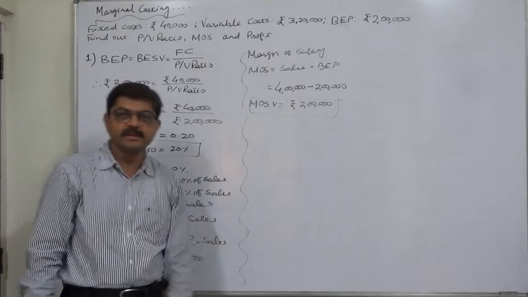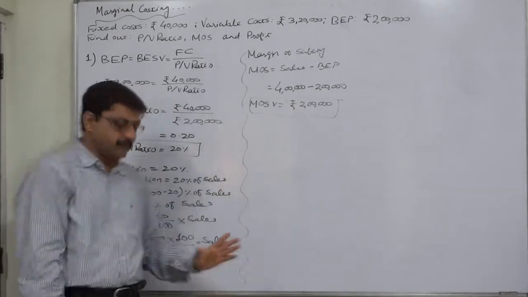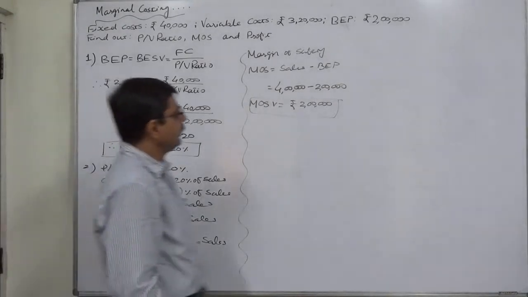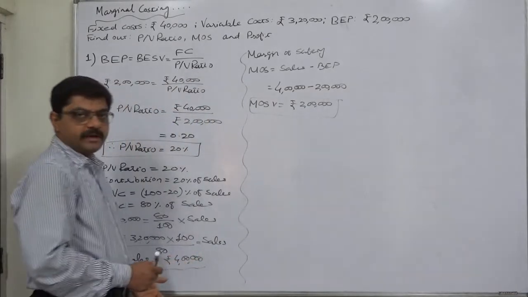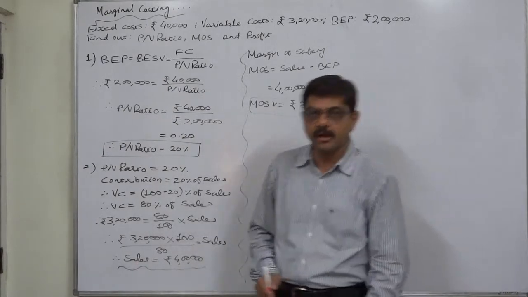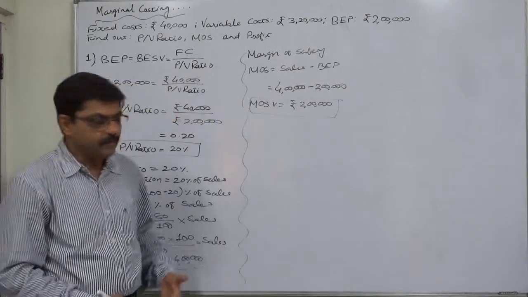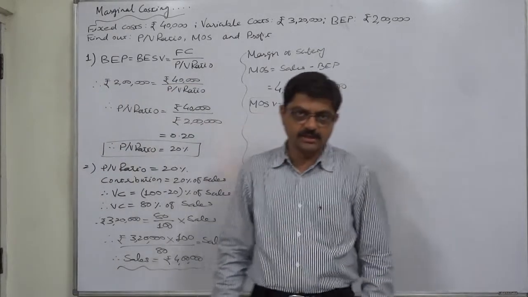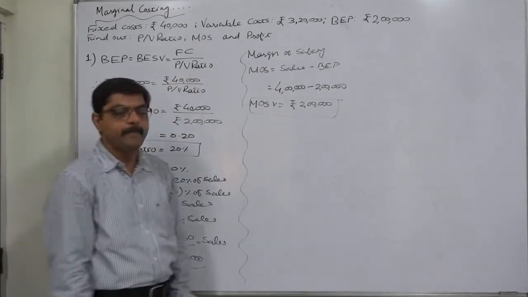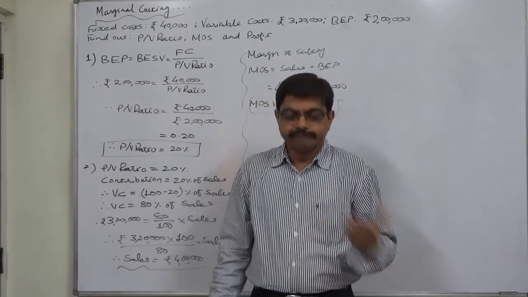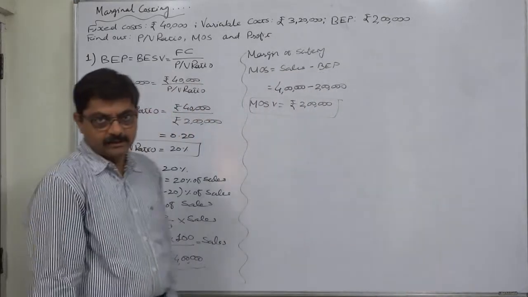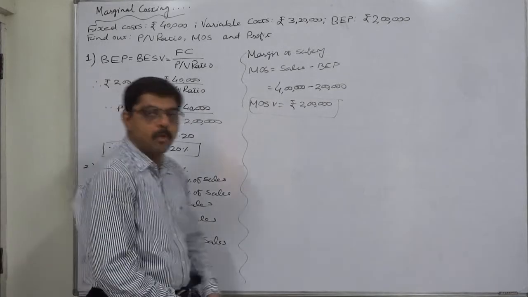Now profit. Profit means profit at present, or profit on selling rupees 4 lakh. We can calculate profit in two ways. One is the longer way and another is the shorter way. But I always prefer first to explain the longer way, because normally you students are preparing all these for the purpose of examinations, and in examination the marks scored by you are dependent on the paper checker as well as the model answer given by the paper checker. So I will explain both the things.